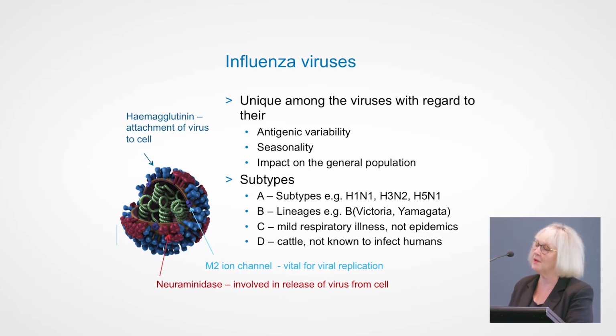So hemagglutinin molecules are these, in this diagram, spikes on the outside of the virus. So this is the whole viral particle. And hemagglutinin is very important in attachment of a virus particle to your cell, basically, to the mammalian cell, or the birds, or whatever. So if we had something that could knock out hemagglutinin, the virus wouldn't be able to bind to our cells and it wouldn't be able to infect us. But we don't have any of those drugs yet.